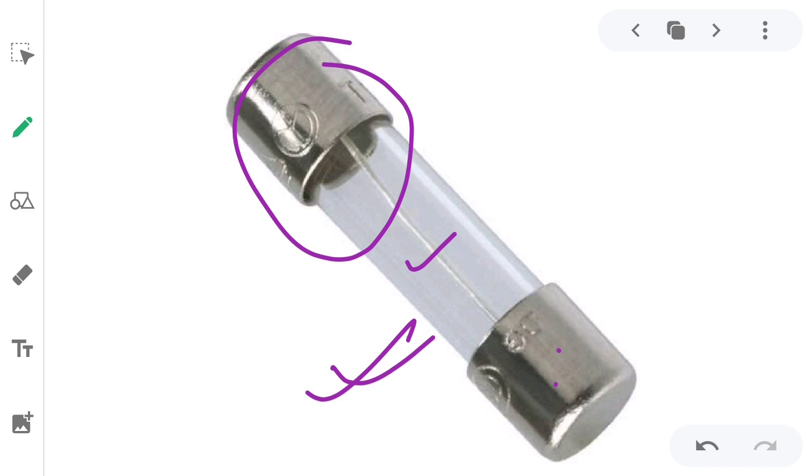So that current will not damage any of your electrical appliances. Okay, that current does not have that amount of strength. So that's why we don't use this device nowadays in most of the electrical appliances. But earlier, when the TV was running on AC current, in those days, this fuse was in use.